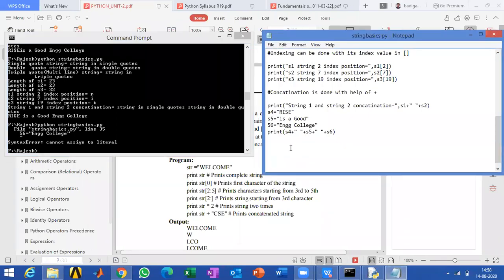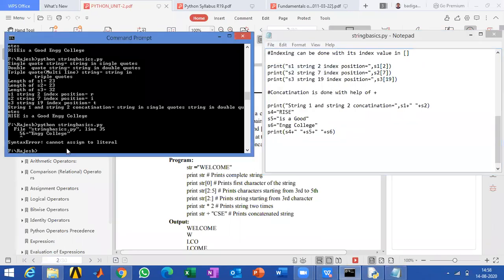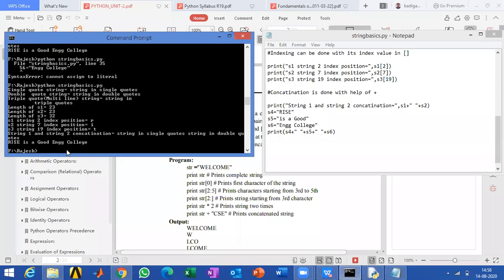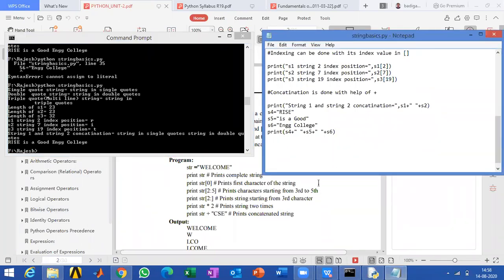So rise is a good engineering college, same thing, but we are adding three strings here. Like this you are going to have string concatenation, right? And the next one is